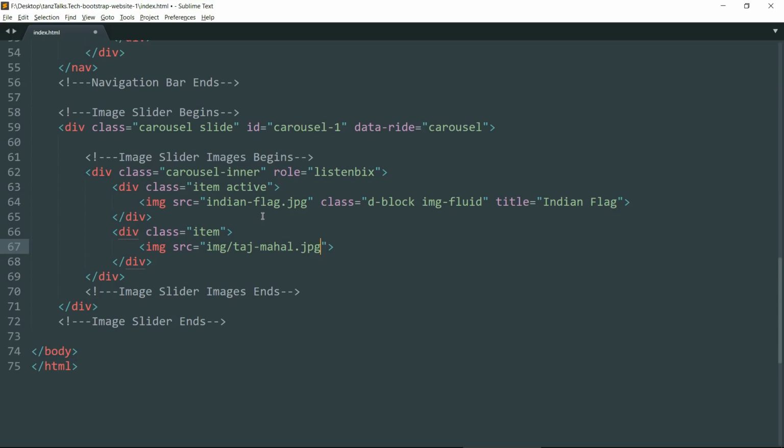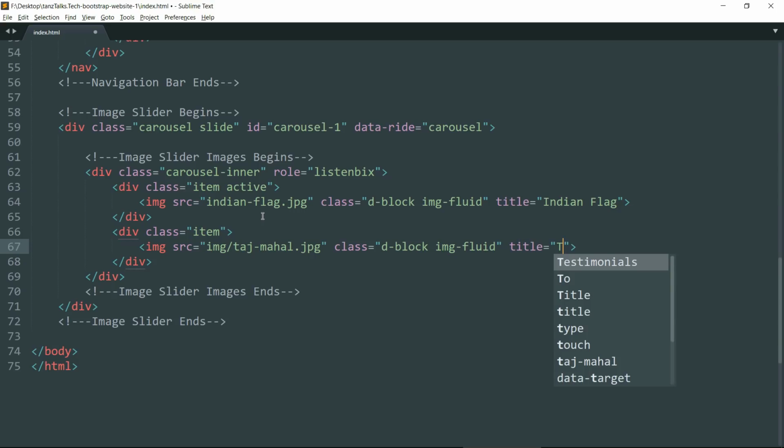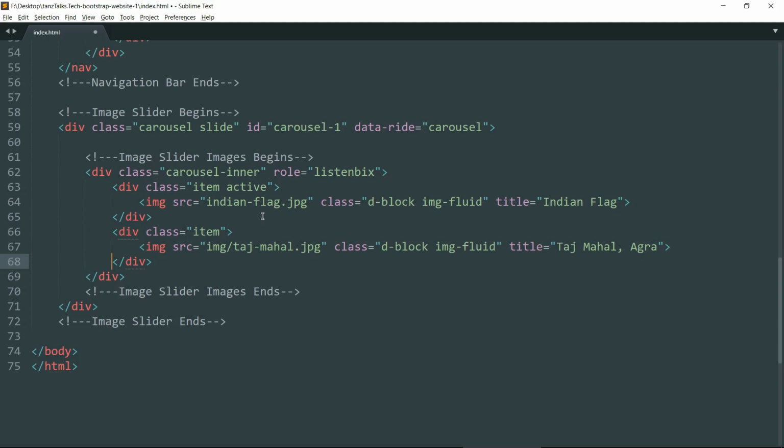If you need any help knowing the name of the image, you can just open the folder and see the name of the pictures and write it correctly. Give it a class of d-block img-fluid and title Taj Mahal, Agra, because the Taj Mahal is in Agra.